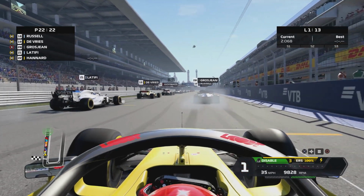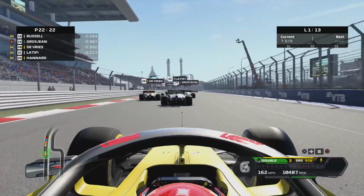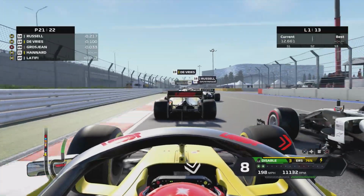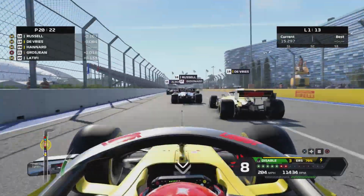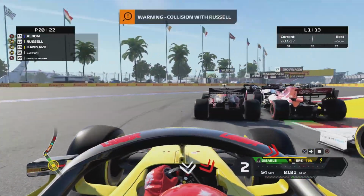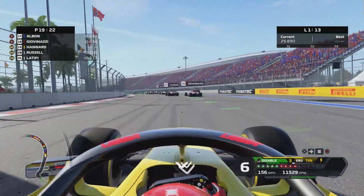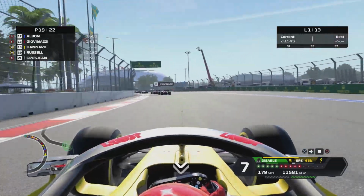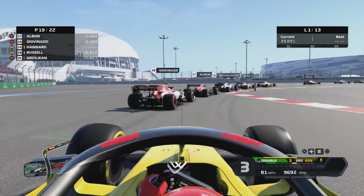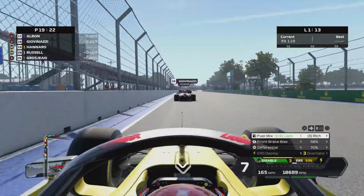Lights out. Away we go here in Sochi then. It's a decent start off the line, but going into turn one, there's a lot of people slowing right down, and we managed to go around the outside of Latifi. We have got a lot of slipstream, and well, look at De Vries, he's just throwing it down the inside, and he's managed to make a whole load of positions. That's the position we wanted to be in, on that inside line, to do basically exactly what De Vries has just done. But that is fabulous from Nick De Vries, and hopefully